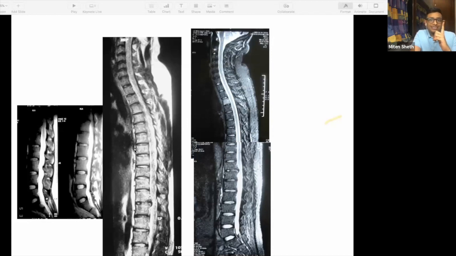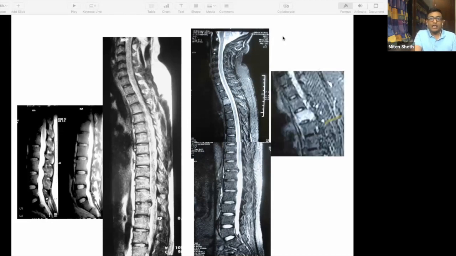So here, in this same patient's STIR image, you will see that at this place, the body is looking white in color. Which means there is water in the body, which should not be there. So you get suspicious about what this could be. All right, so that is the role of a STIR image.